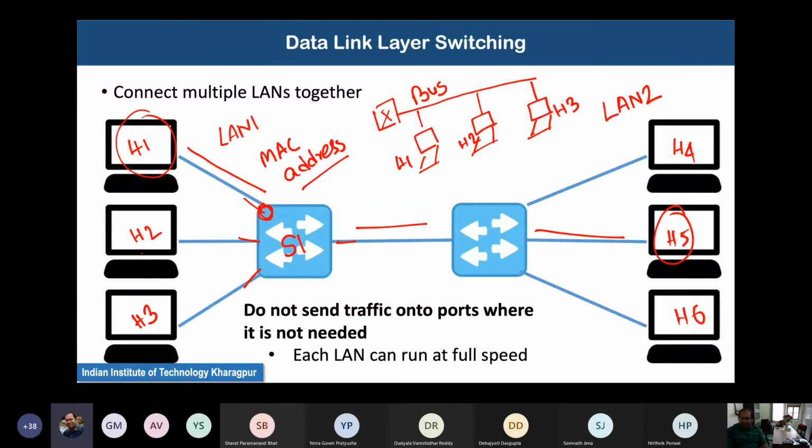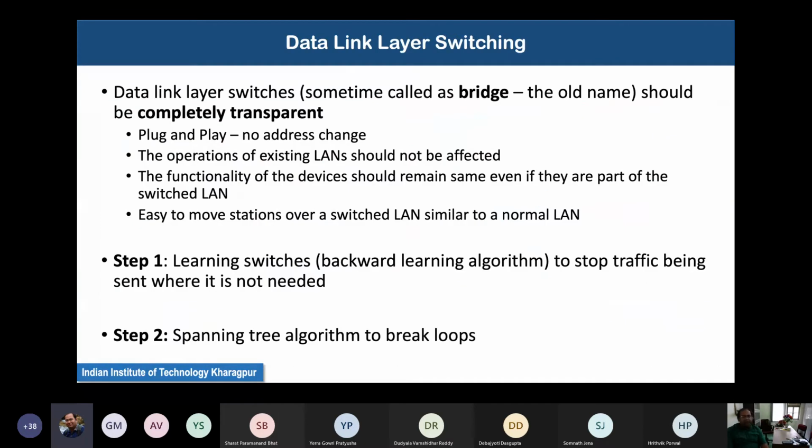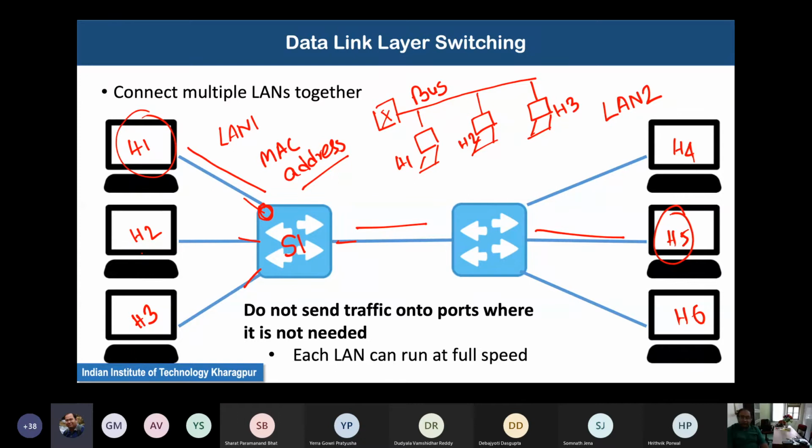So let us see how we actually implement the switch nowadays. Right. One point of caution: these particular concepts might not be available in your textbook, because these are very new concepts which have been implemented in devices only very recently. Many textbooks, including the Tanenbaum one, keep on talking about the older techniques. For example, in Tanenbaum we will find it talks about this bus and all this stuff, but those are not required nowadays. Nowadays we do not use the bus topology anywhere in the world.